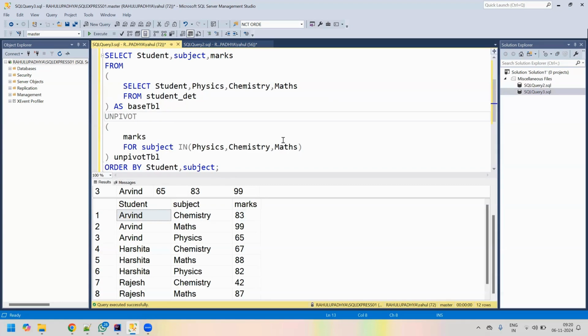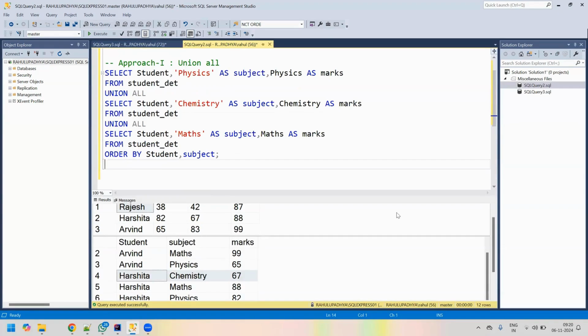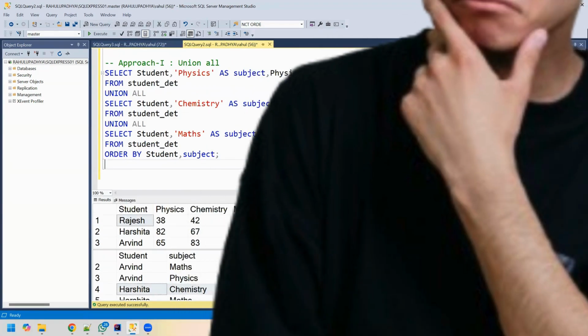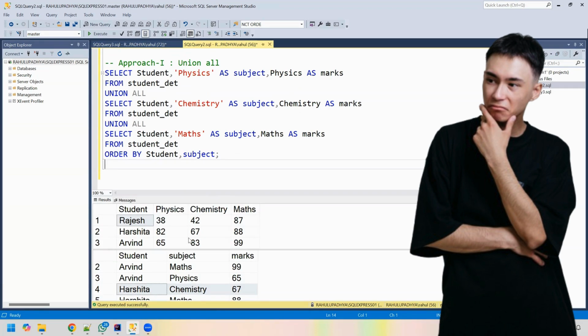So let's do a quick summary of what we have done to reach the solution. So the requirement was to break these marks into separate rows. And for that, we used 2 approaches. In approach 1, we used union all. So what we did is, for every student, we got the particular subject with alias as marks. So we broke it down into 2 columns, that is student and marks. After that, we have